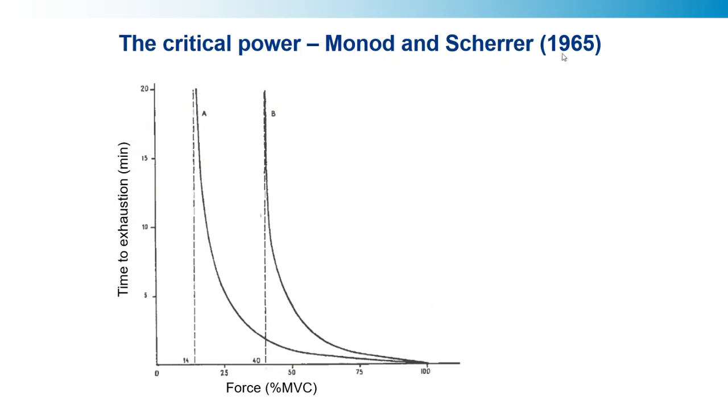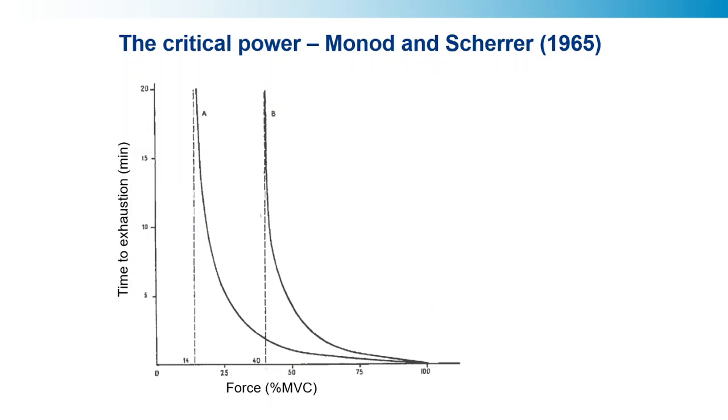Now, most people cite Monod and Scherrer because this was written in English and not German, but Romert does deserve the credit for discovering it first. And the B line here, this is for intermittent contraction. So this is where you contract and then you rest, and then you contract and then you rest. And so you get extra arterial inflow, and so the sustained force you can maintain, the asymptote of that force, is very much higher. And here's where the controversy comes in, because Monod and Scherrer called this critical power, but